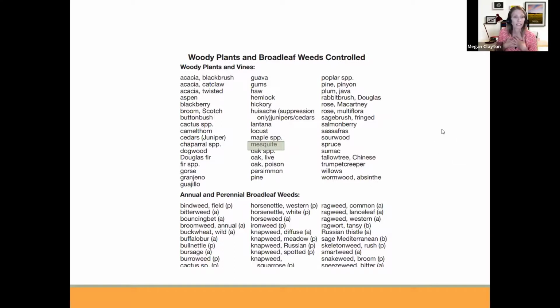So there's a couple of different things we're looking at. People have different ideas of what controlled is. And the label might say controlled, but that might not mean that those plants will end up dead. So it's important to always consult the book. And our book has effectiveness ratings from very high all the way down to low. And those are what will kind of clue you in as to whether or not that's a treatment that you would want to invest in